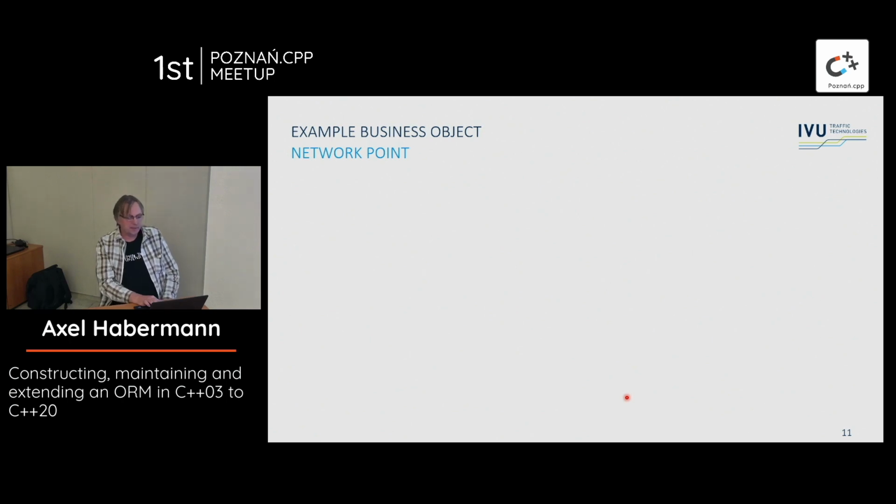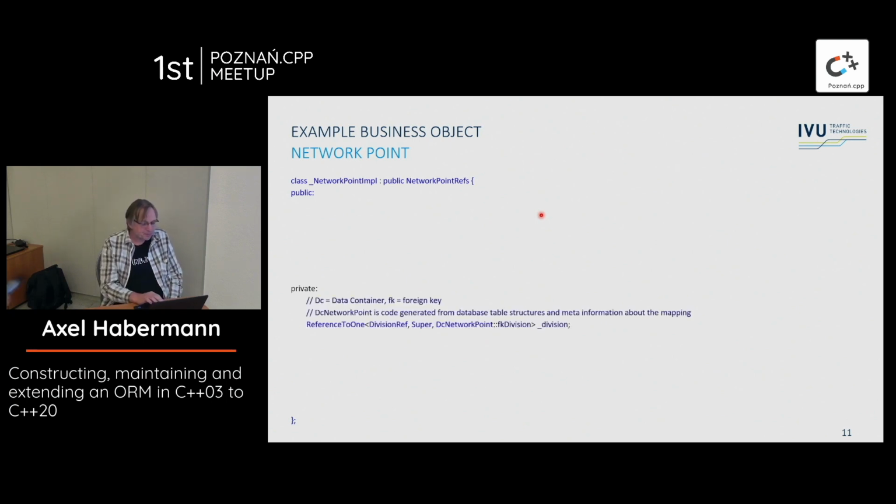Okay, example business object. How is the network point implemented? It inherits the refs definition, but that's not very important. It's to ease the access to the definitions, but it's not strictly necessary. I have omitted the derivation from the interface in this example. You need to put it there in your head. Okay. So in the private section,